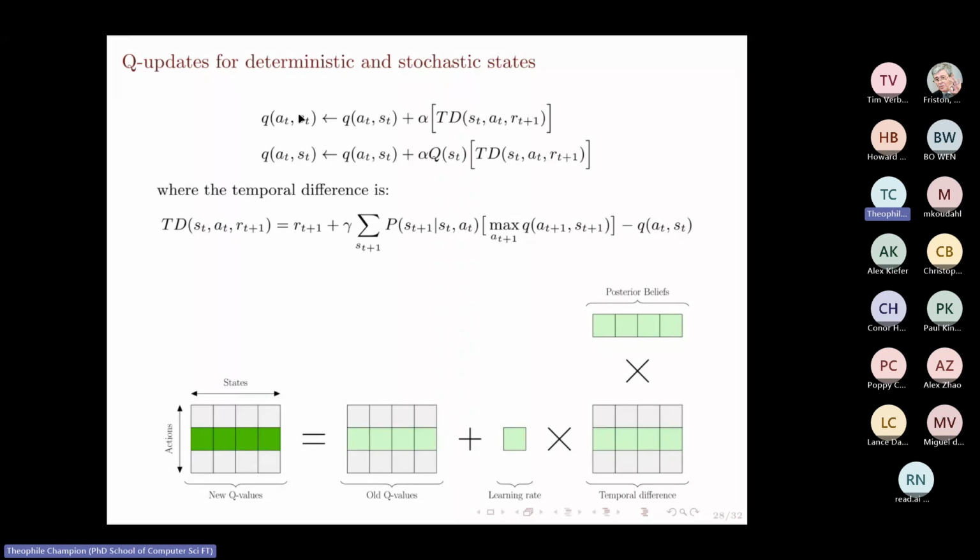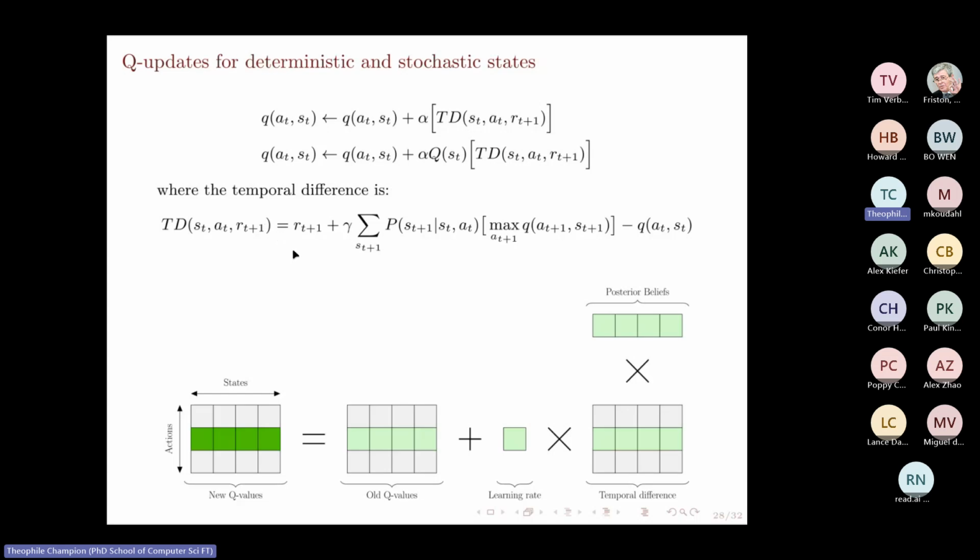Unfortunately, Q-learning is initially defined for Markov decision processes, where the states are known. In our case, we only have a distribution of states. Right? We get this distribution of states using the perceptual model. So we update this equation and we weight the learning signal by the probability of being in that state. Now, I mentioned this temporal difference, but I need to explain what it is and how it's actually providing some